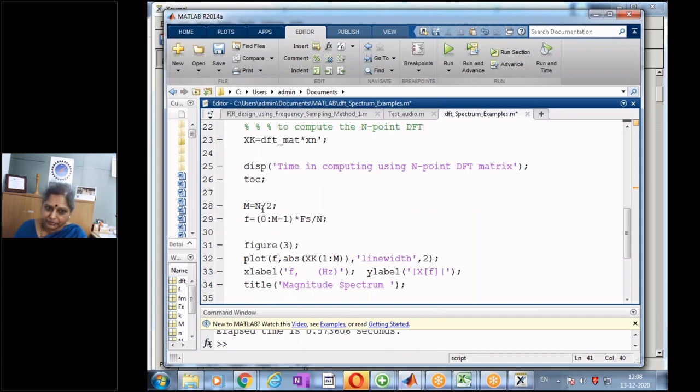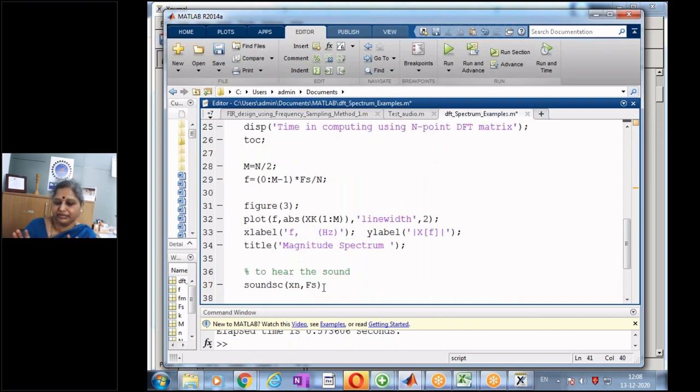So what I do is I'm just plotting the spectrum only for half because of fs by 2. So instead of plotting from 0 to n, I'm plotting half the value, n by 2. Only half, n by 2, is what has any real significance, and the remaining is only a symmetry, an even symmetry in the magnitude spectrum. So I am plotting the spectrum for half the values of n, and this is what I get.